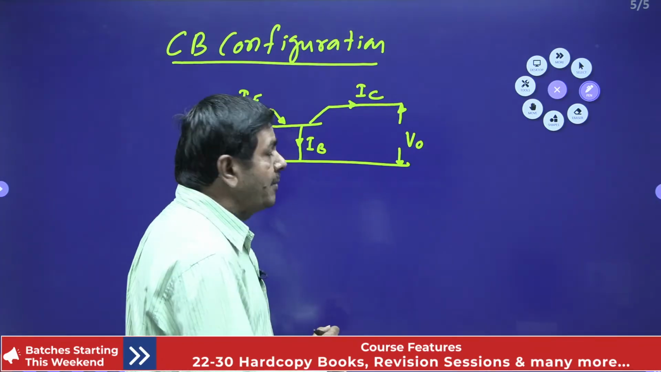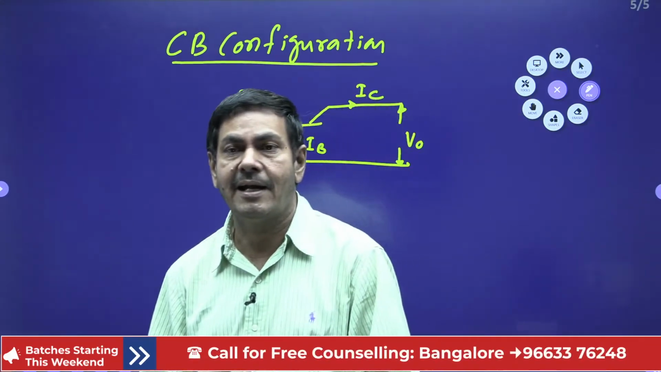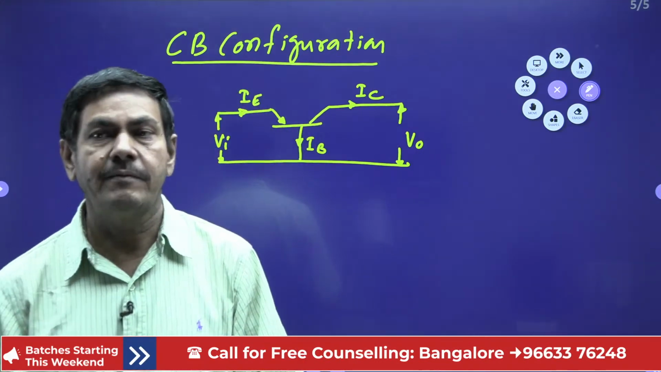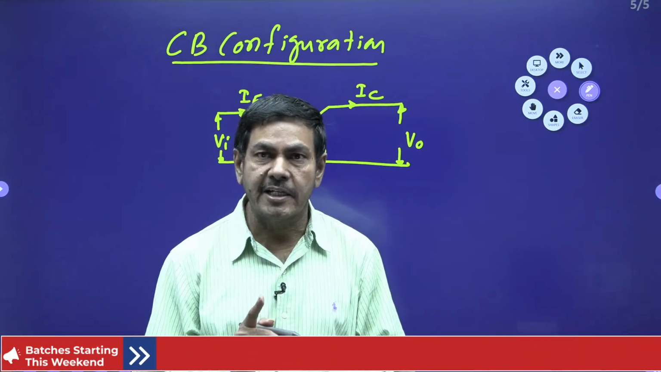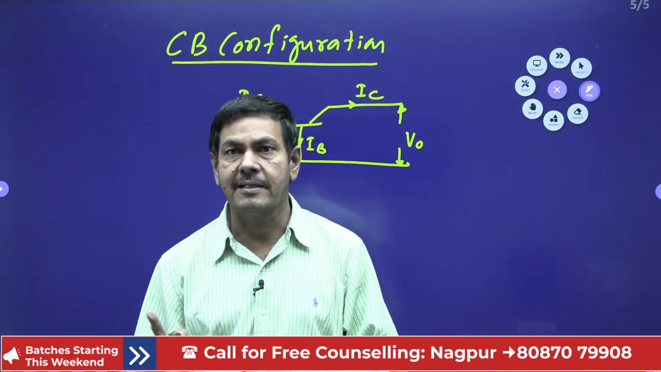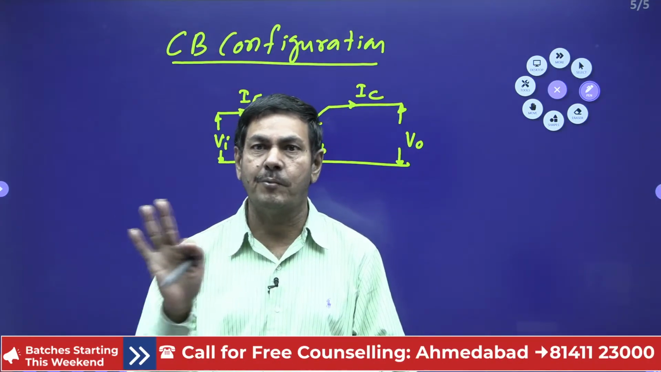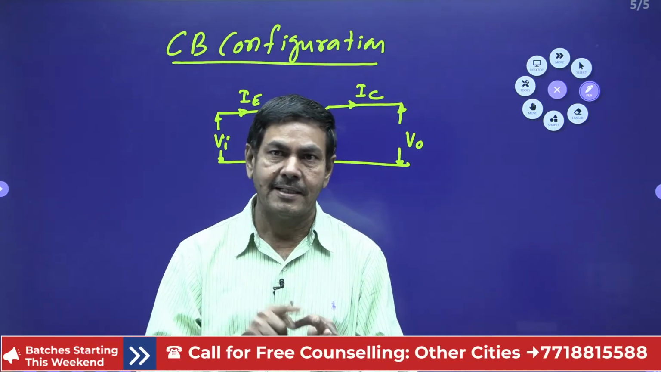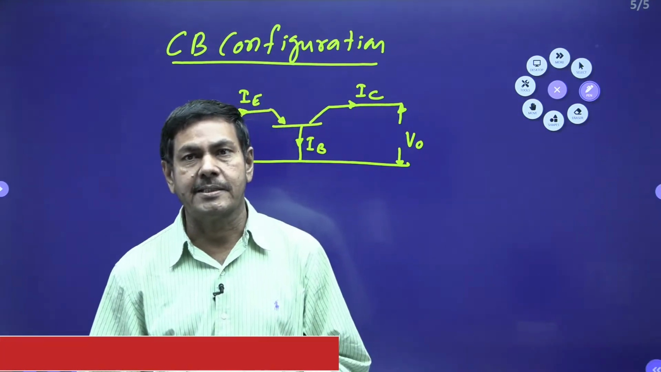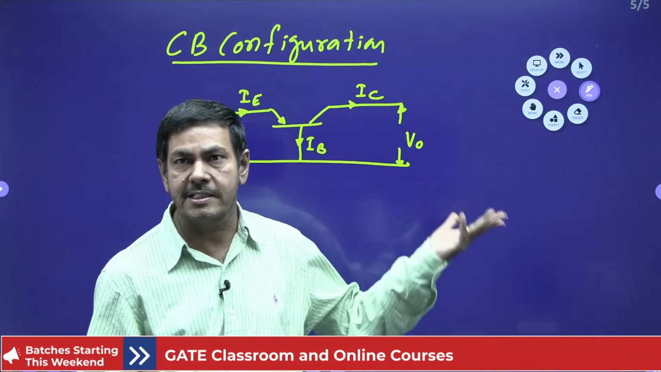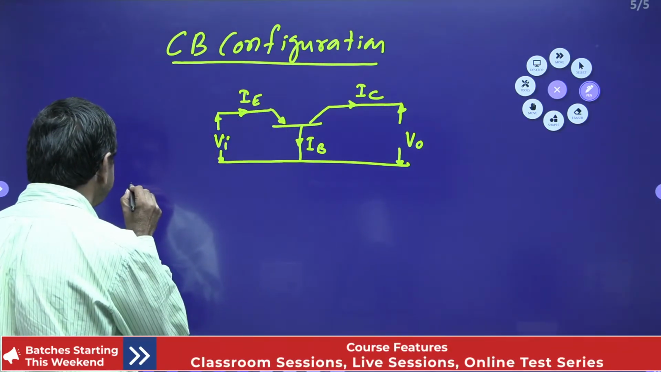But I can say the common base configuration is used to give more voltage gain and less current gain only. In a practical application, when you want more voltage gain, less current gain, and less power gain as well, these three parameters are more important. With these parameters, what configuration is required? You can say common base only. We can write one point. This configuration